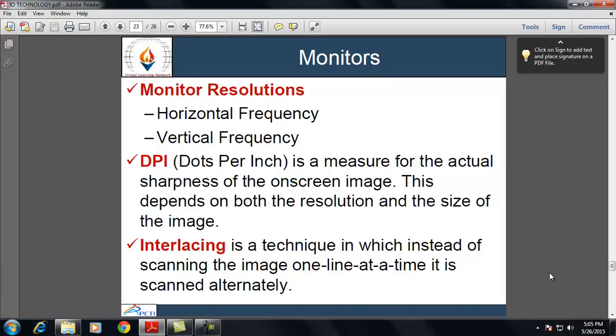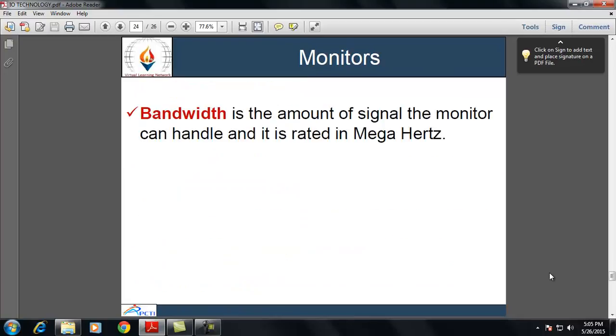Next one is dots per inch, that is DPI. It is a measurement of the actual sharpness of the on-screen image, and this depends on both the resolution and the size of the image. Next one is interlacing, which is a technique in which instead of scanning the image one line at a time, it is scanned alternately. And the last one is bandwidth, which is the amount of signal the monitor can handle, and it is rated in megahertz.